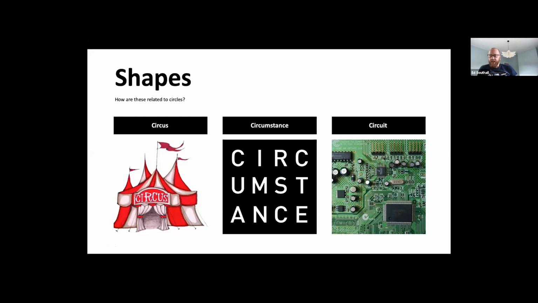So if we think of a circus, it is traditionally in a circle. So there's your link there. Circumstance is the events surrounding another event. And a circuit is a ringed connection. I can see someone's put the word that I knew was going to come up in the comments. So circ just means ring. That's what the prefix is. It means ring.